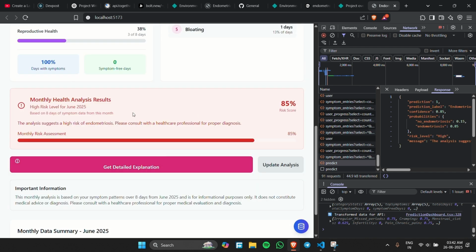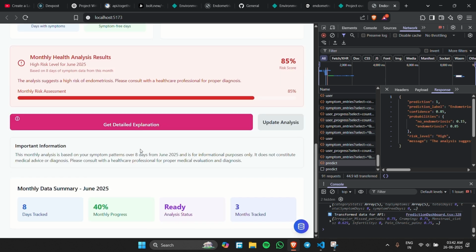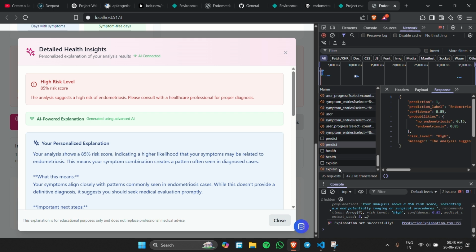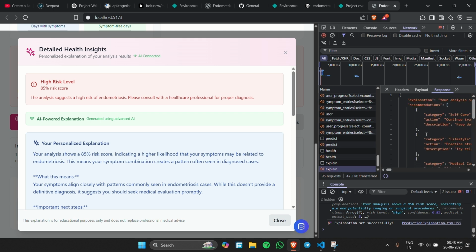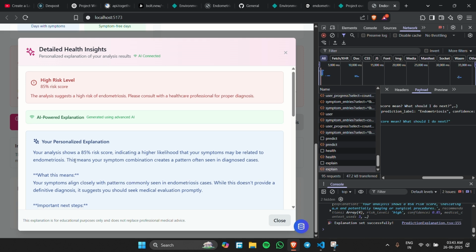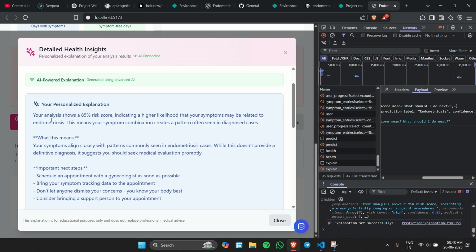Also, I have implemented a RAG system which has a personalized AI agent which answers the questions and does the diagnosis for the disease so that the user can take the next step in the diagnosis process. Here you can see a personalized diagnosis of the disease which is done by an AI. I am using DeepSeek API to get the input based on the percentage of the risk of the disease, and